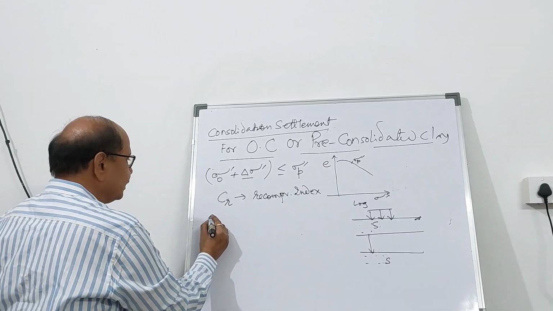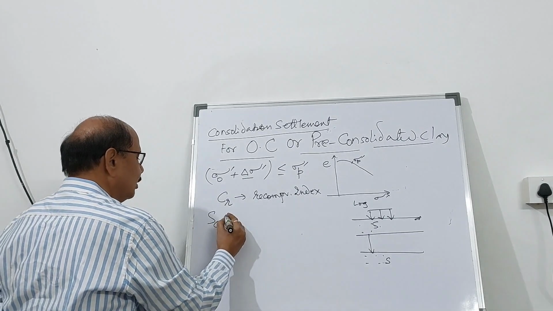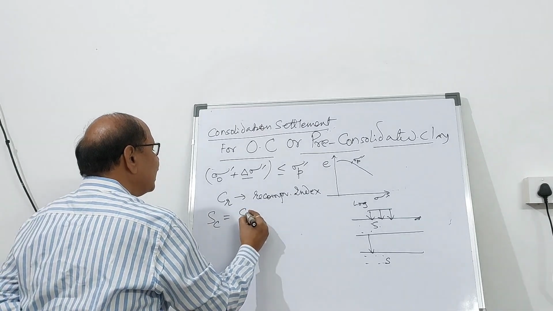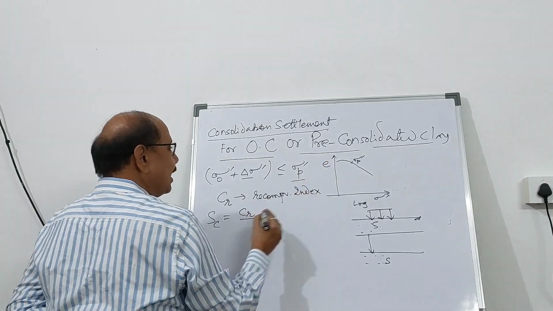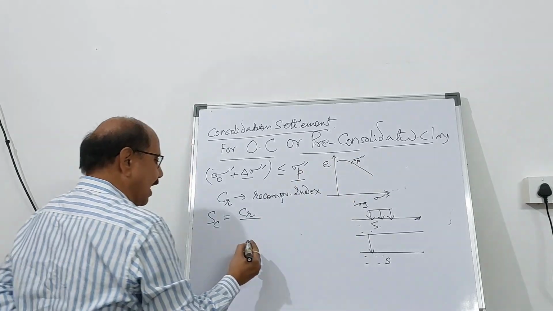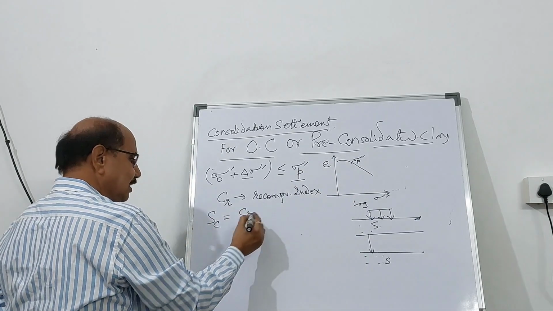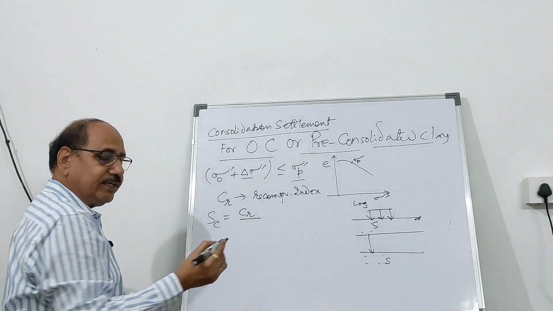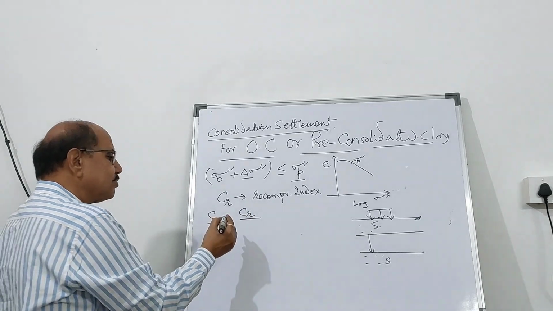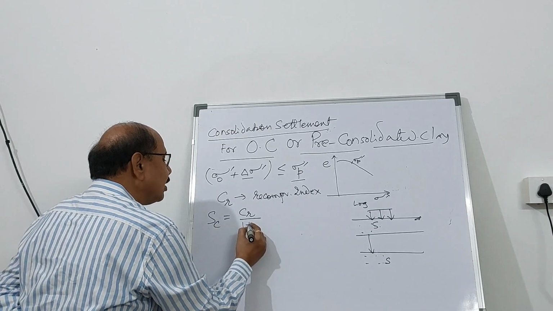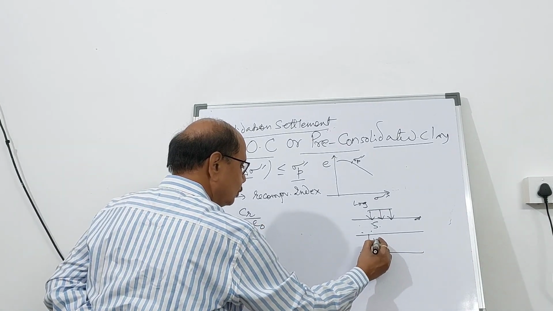In that case it is very simple: Sc equals CR. Now here, because it is less than sigma p prime, you should not use Cc, you should use CR, and CR is going to be 7 to 12% of Cc, a very small value, divided by 1 plus e naught into the thickness H